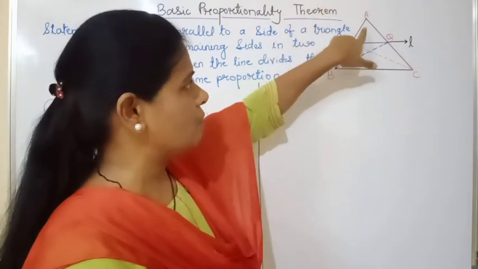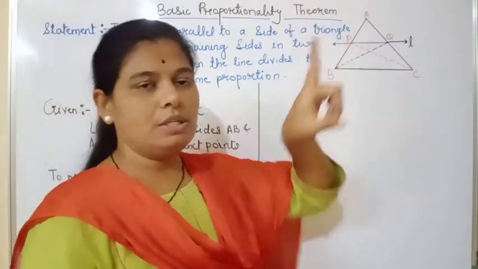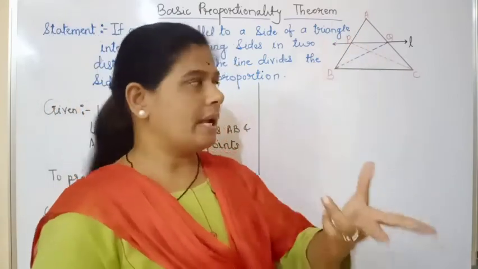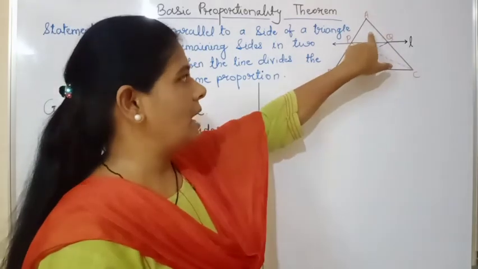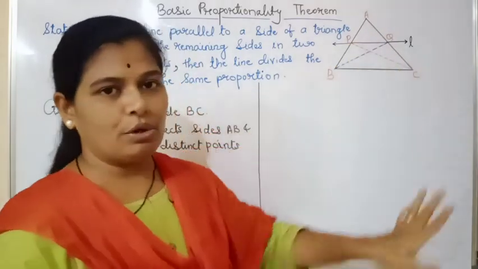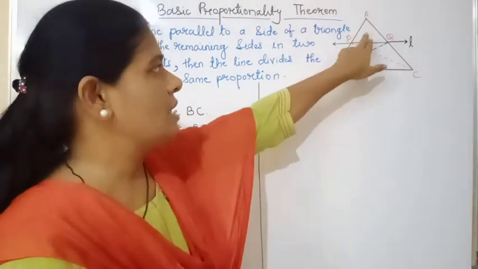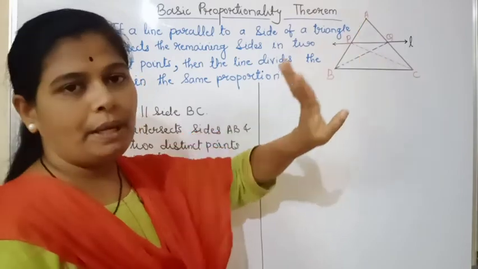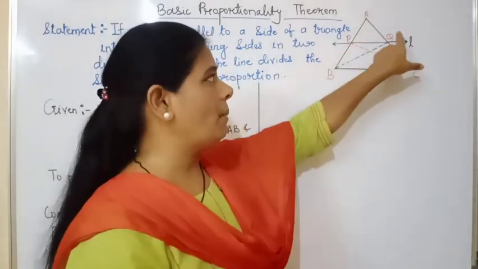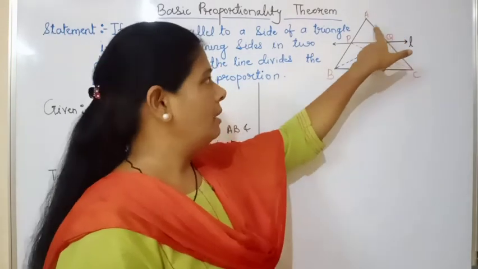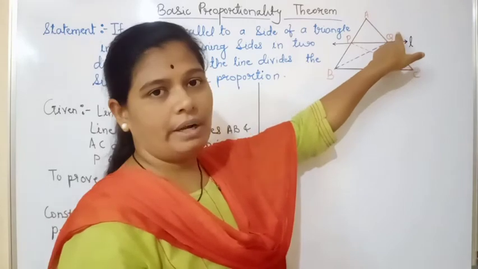triangles, that is the first triangle APQ and triangle PBQ. This one pair we are going to take, and the second time we are going to take two other triangles, that is triangle APQ and triangle PQC. First we'll take triangle APQ and triangle PBQ. In these two triangles we are able to see that there is a common vertex Q.